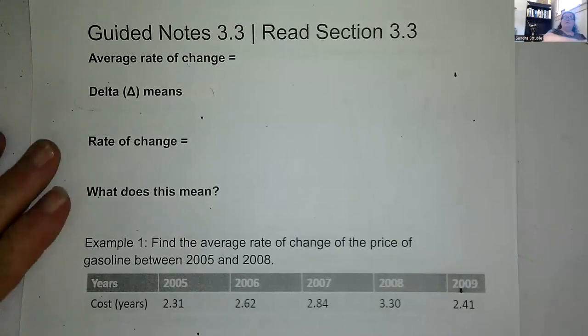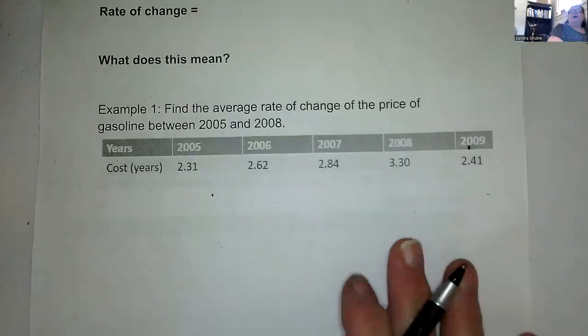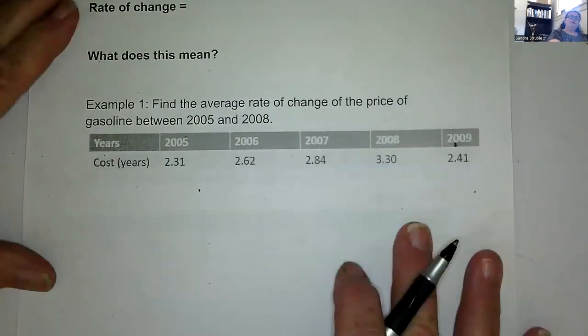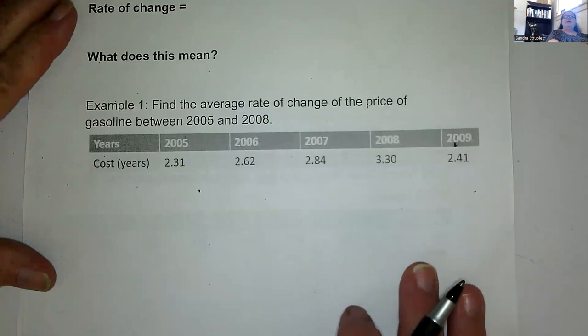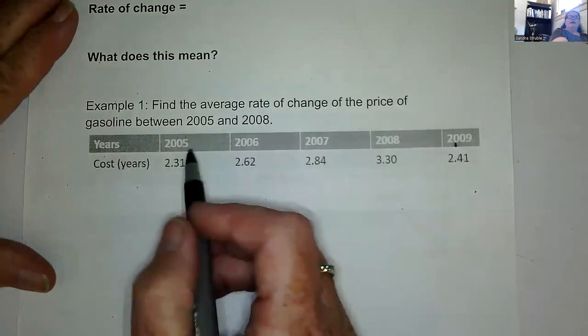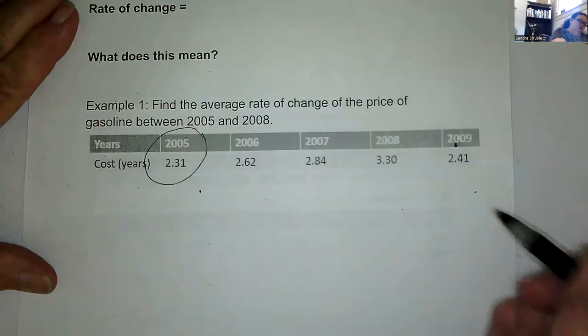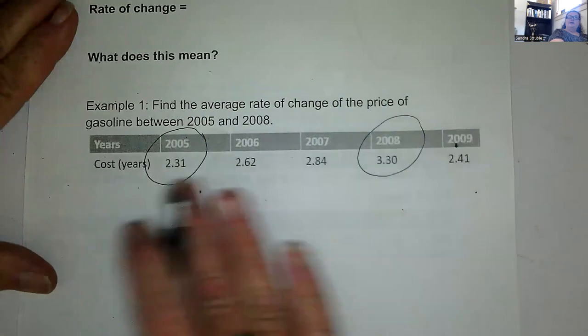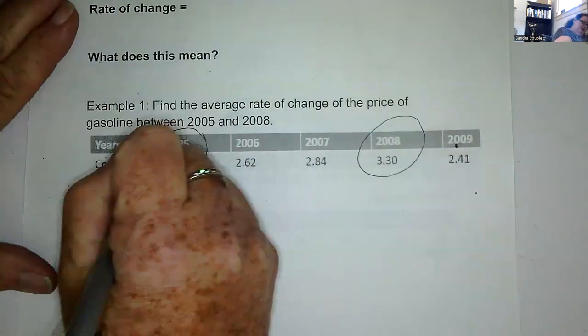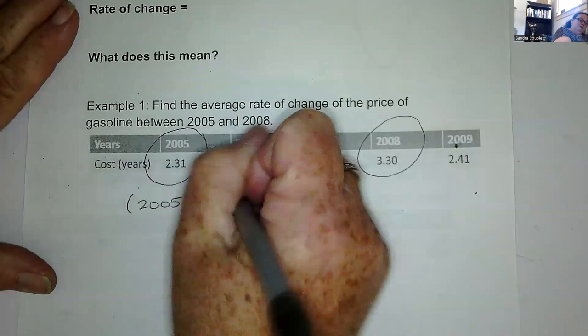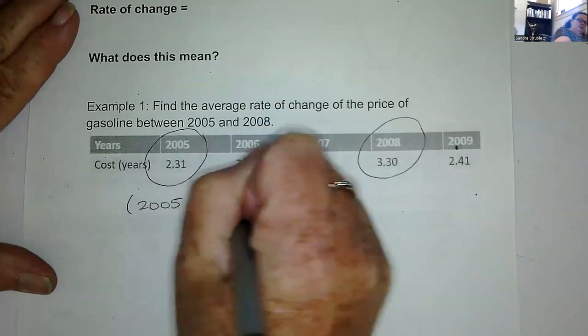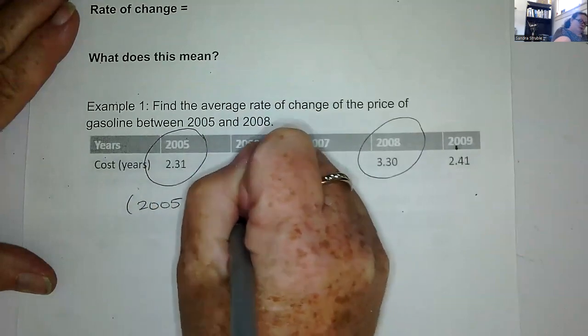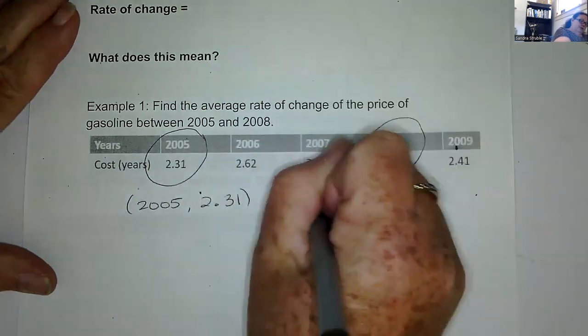So let's start with example one. I'm just going to jump on into it so I can show you how to work through these. All right, example one, find the average rate of change of the price of gasoline between 2005 and 2008. Okay, so that's just looking at 2005, the cost was $2.31. 2008, the cost was $3.30. So we already have, it looks like, two ordered pairs that we can do here, and that's 2005. Remember, time is always your independent variable or your X variable, 231, and the other one is 2008,